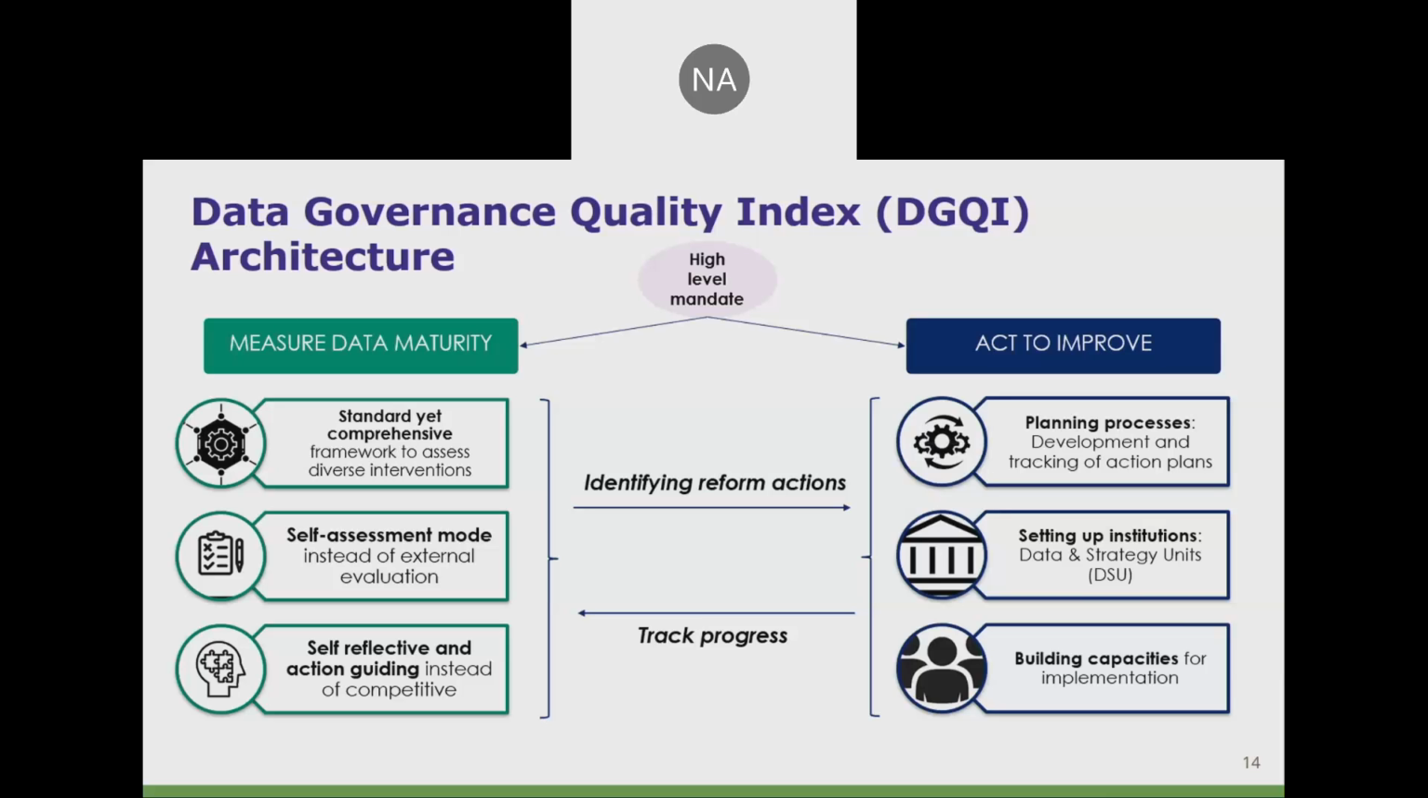assessment, it helps the ministries and departments identify areas of reform, which they then articulate in the ministry or department, in the case of a state. Now, for implementing that particular action plan, DGQI proposes that there should be an institution of a data and strategy unit, which should be set up in each and every department. Now, this is effectively to drive the entire process, and we'll talk about it a little bit more in detail in the next slide. And in that process of implementing the action plans through this institution of DSU, capacities have